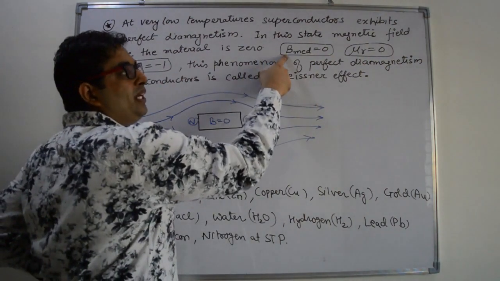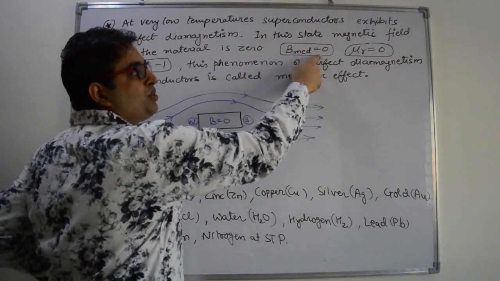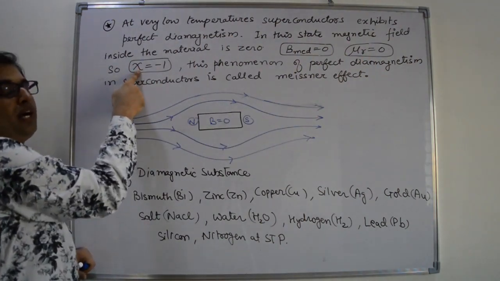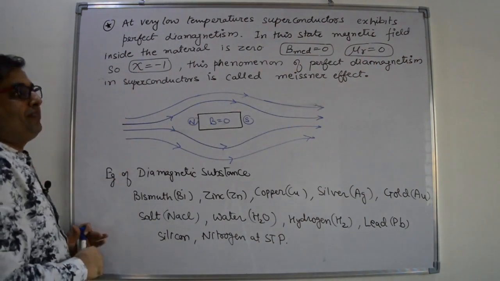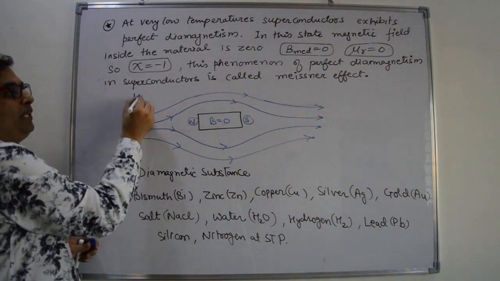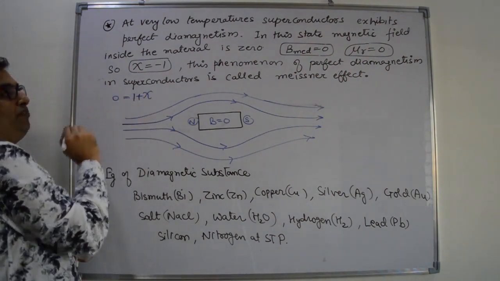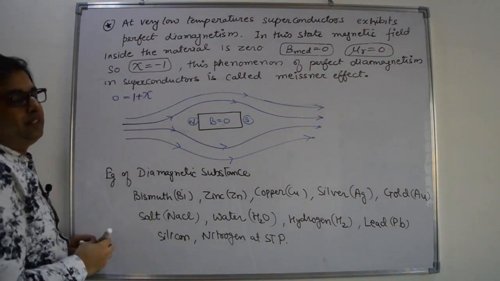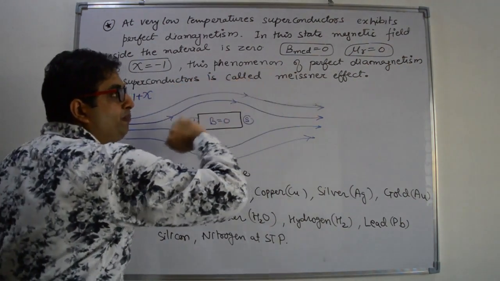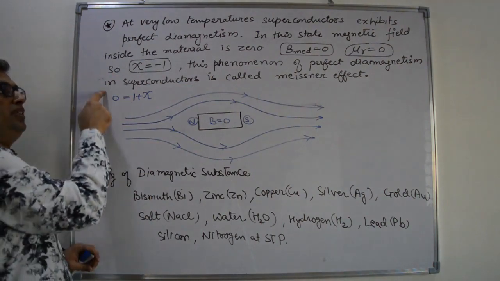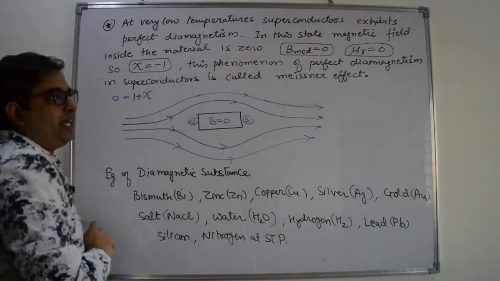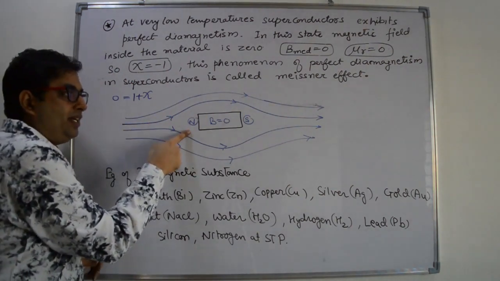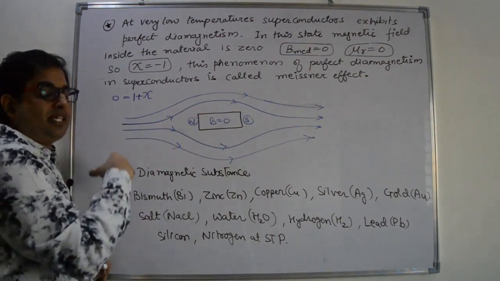So if the total magnetic field inside the medium is zero, mu r is zero. Mu r is 1 plus chi. So if mu r is zero, then susceptibility will be -1. This phenomenon of perfect diamagnetism in a superconductor is known as the Meissner effect,